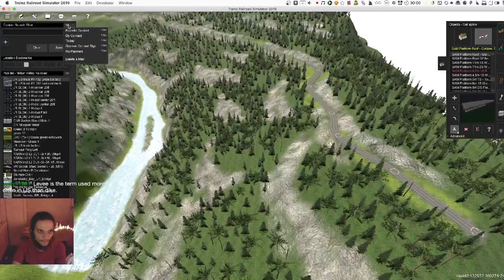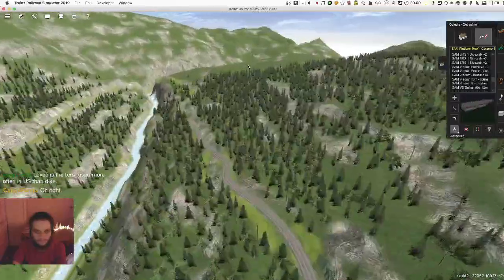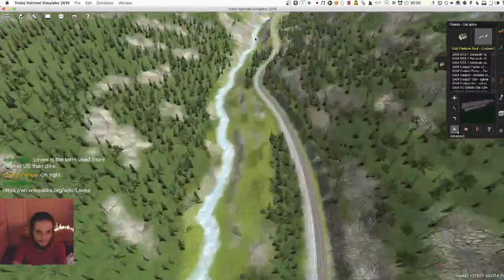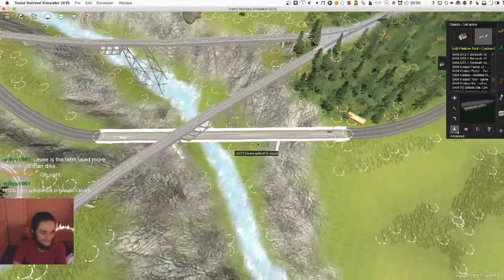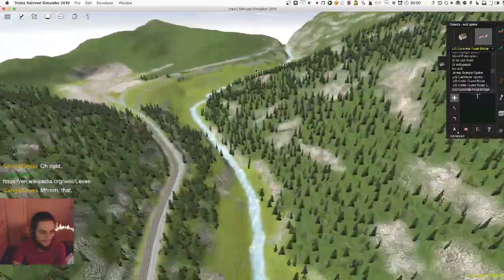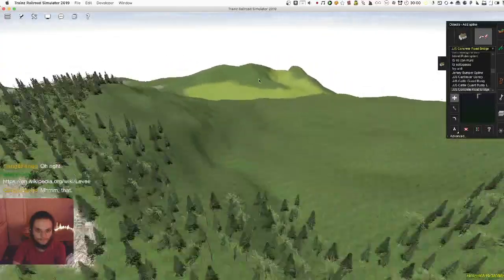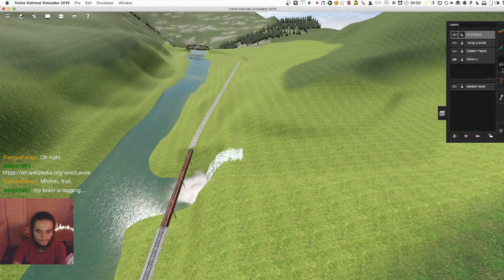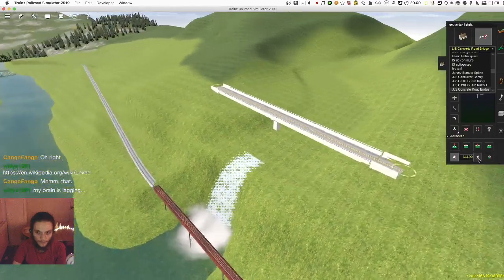Also, I need to turn the filter back on. Yep, that is the exact same URL. Okay, let's reuse this bridge maybe. Okay, let's see what it would look like if I had the bridge going over like this. Looks okay, but it has to be...